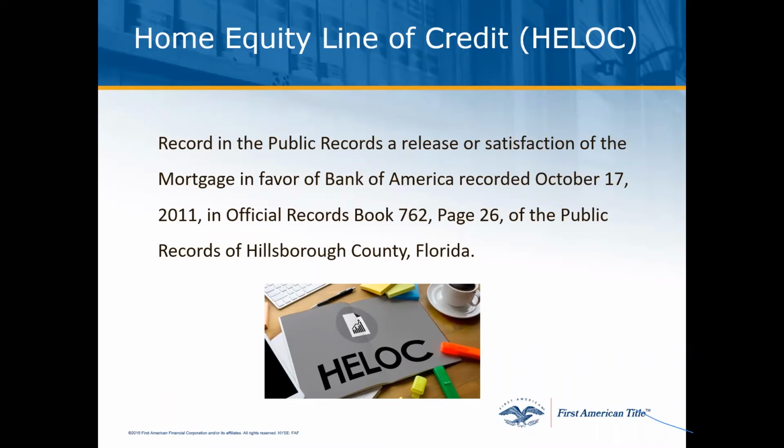Whether or not they've ever used it, whether or not it has a zero balance, it must be closed out. So one of the things that I like to suggest is, if you know your seller has a home equity line of credit, tell them to go to the bank and close it out. They don't have to pay it off, but tell them to go close it out so they do not use it